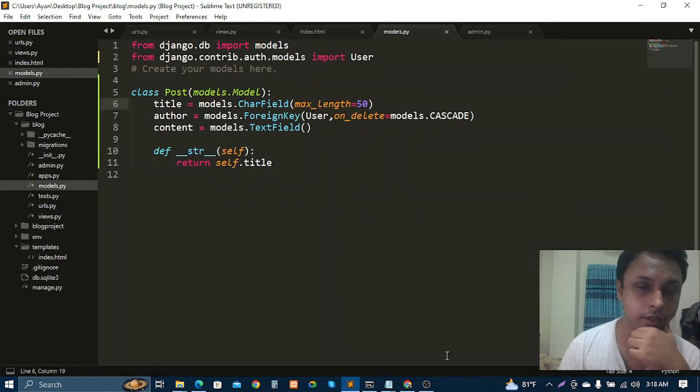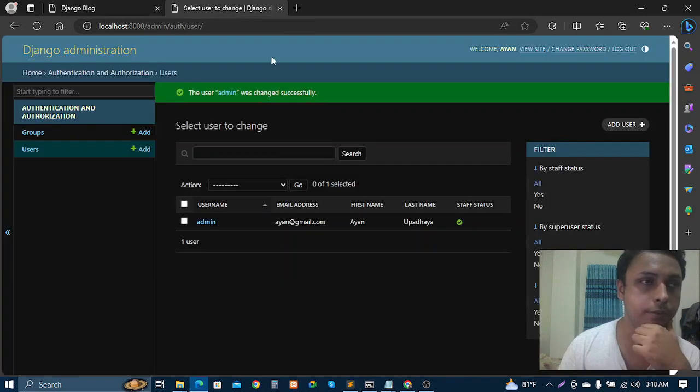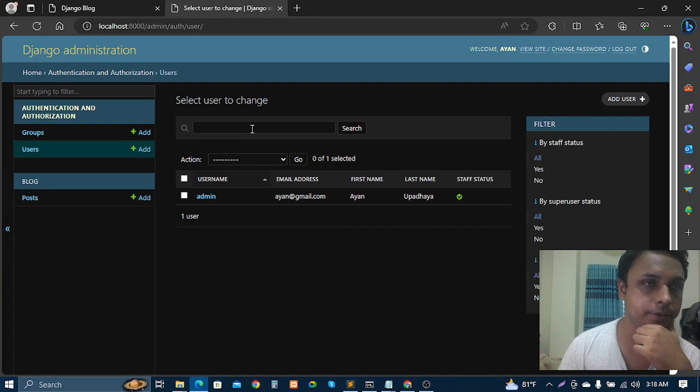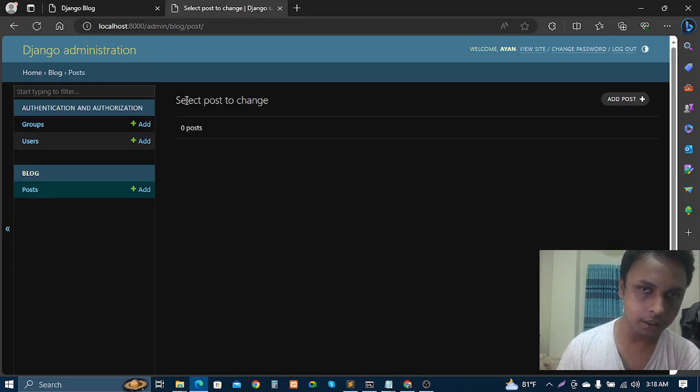So now, sorry about that, let's go here. If I go to my admin section and if I hit refresh, you can see that beneath the user there is a post model that is coming from our blog app. Okay, so let's open up this post model, and here you will see that select post to change actually shows 0 because we don't have any post here. So I'll click this button called add post,